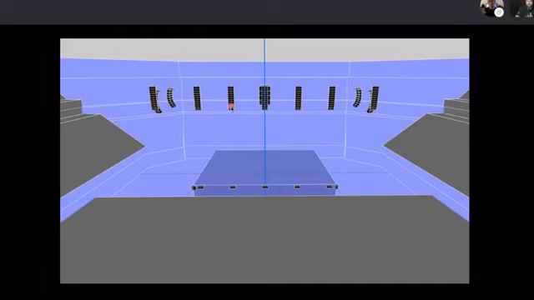So the end result for the audience is, if I choose to pan something far left, let's say there's a guitar solo and the guitarist stood right there, the sound of the guitar comes from where he is.